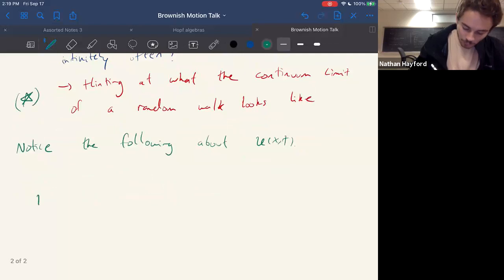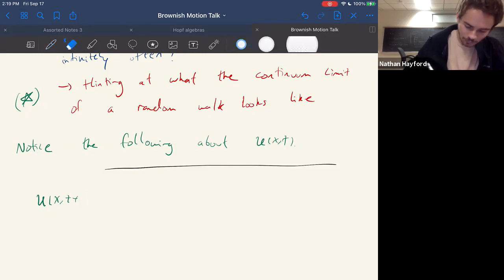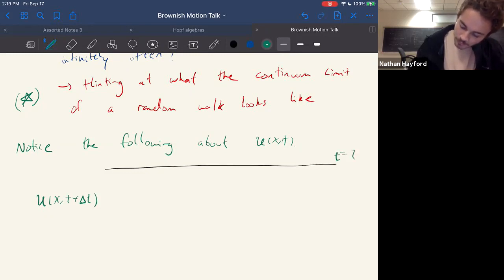So suppose I want to compute u of x and t plus 1. That is to say, the probability that I might site x after t plus 1 time steps. So let me draw. Here is time t plus, sorry, t plus delta t, I think was what I was calling it. So plus delta t. So here's time t, here is time t plus delta t. And maybe I'm at